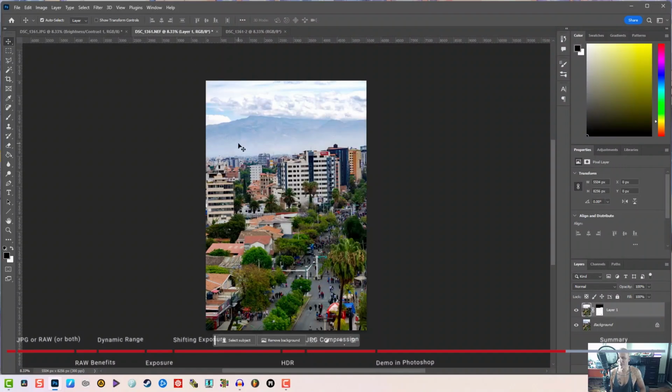Whereas whenever we took our RAW file and processed it, now we've got something that actually shows what's going on the ground, shows what's going on up above. And if we wanted to from here, we could even add some color into the sky and try to make it pop a little bit more and darken those blues and things like that. This isn't really a photo editing lecture so much as just showing you the power of RAW,